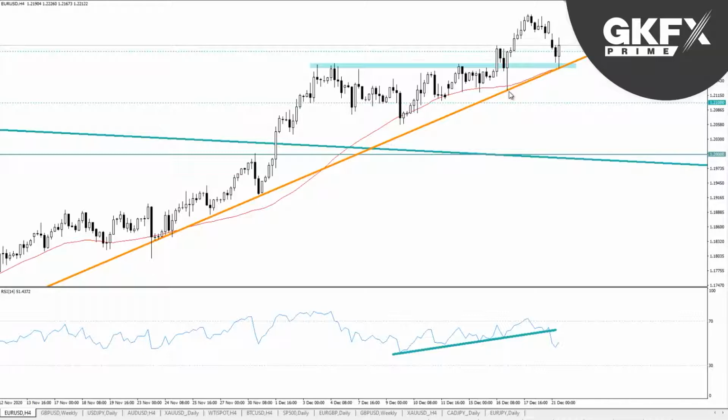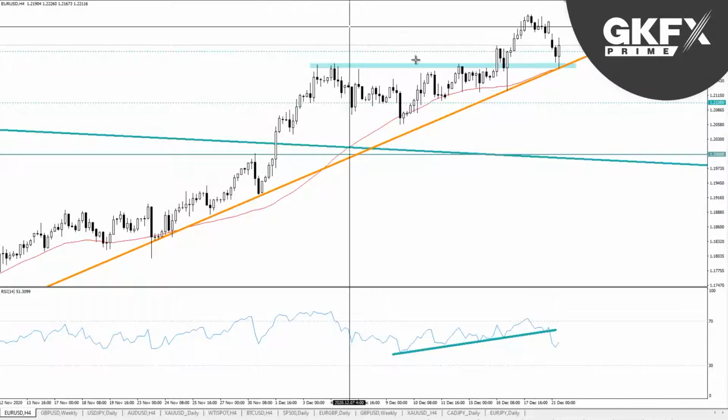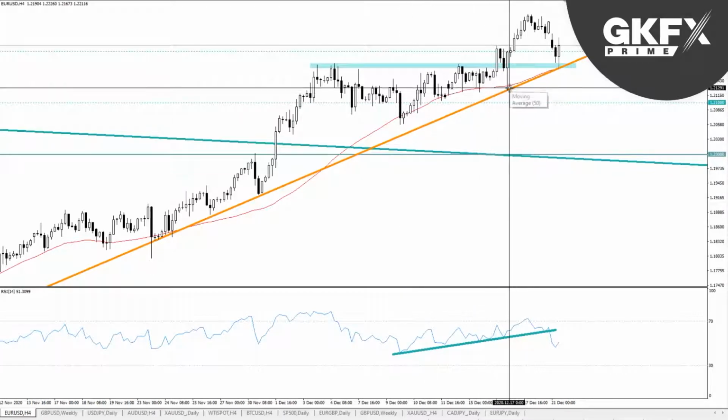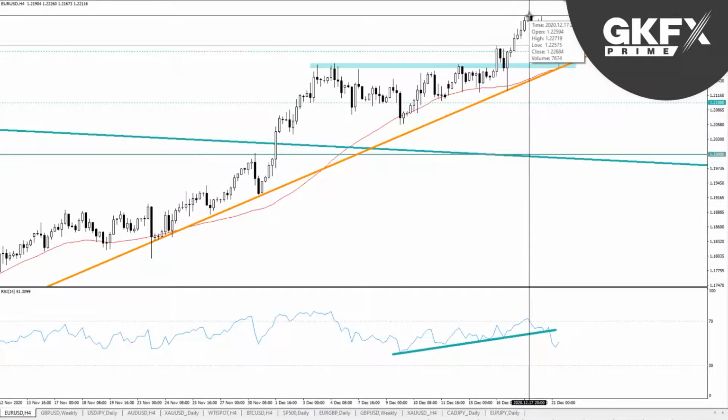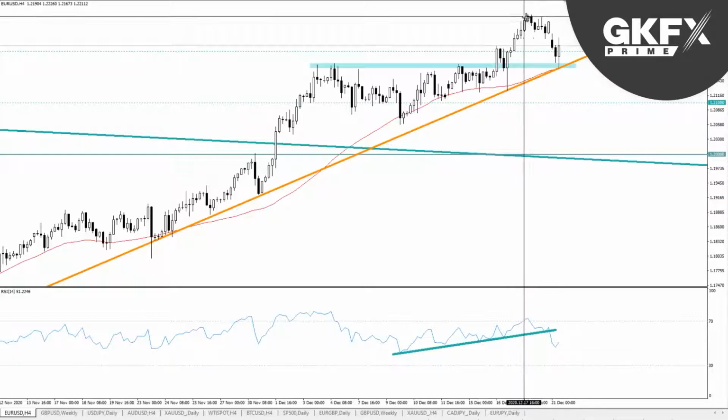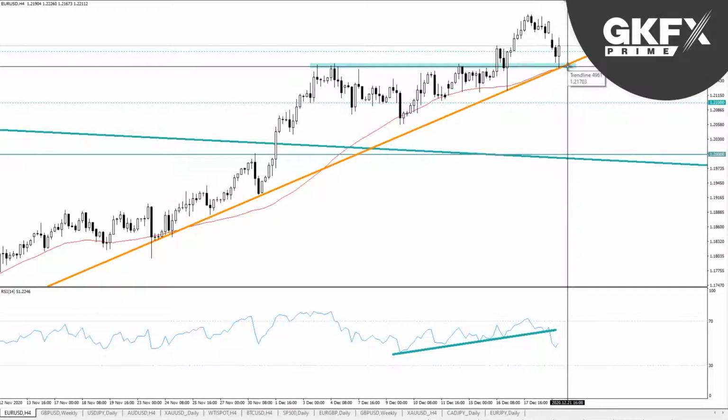I believe that was the ECB meeting, if that serves me correctly. But depending on your stop loss placement, obviously, had you been long this market with stop losses under the lows here, then you would still be in the trade, and you'd have ridden out this ride up here. And obviously, markets do not go up in a straight line. We came up, we didn't quite make it to 123, got to 122.70, and we've pulled right back down here,